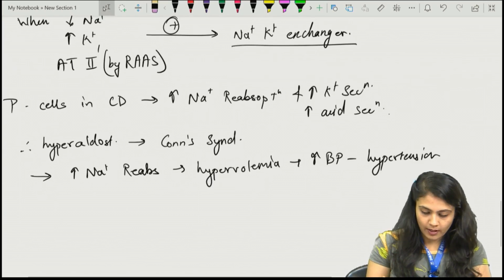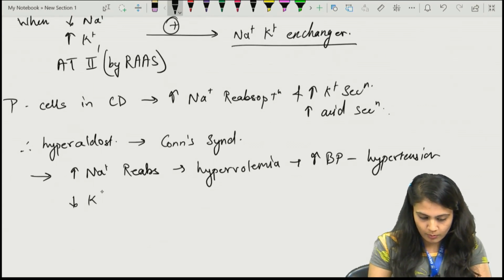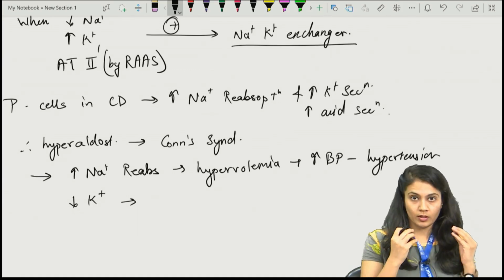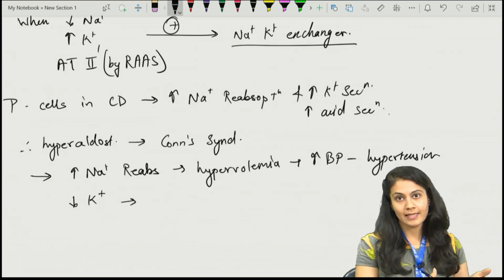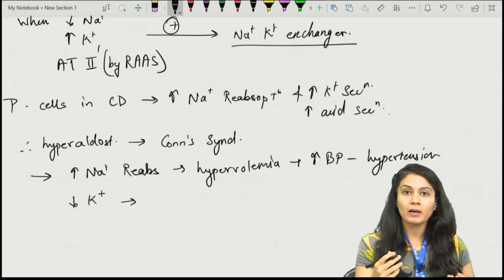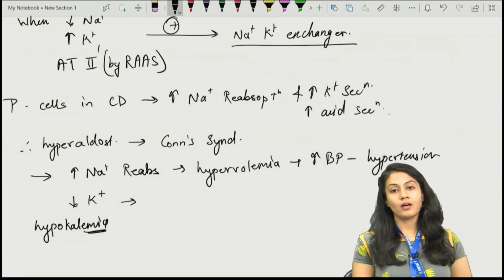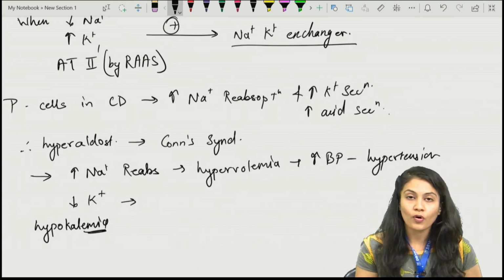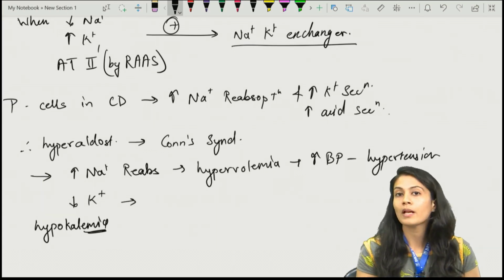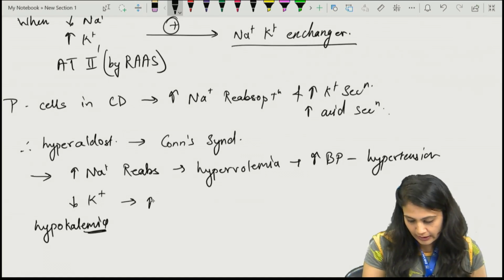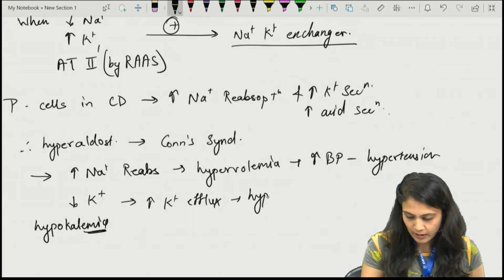The potassium ions will decrease. What will it cause? It will cause more potassium efflux from the cell into the blood. Why? Because the blood level of potassium is falling down, that is hypokalemia. So to maintain the potassium level, what will happen? From the cell, the potassium will be released out. So there is increased potassium efflux from the cell, and that will lead to hyperpolarization,